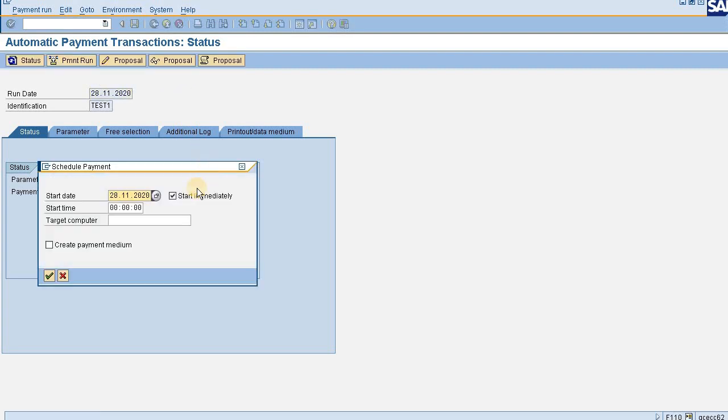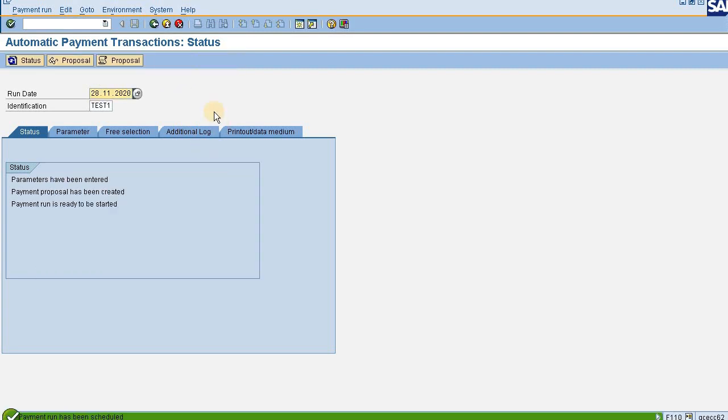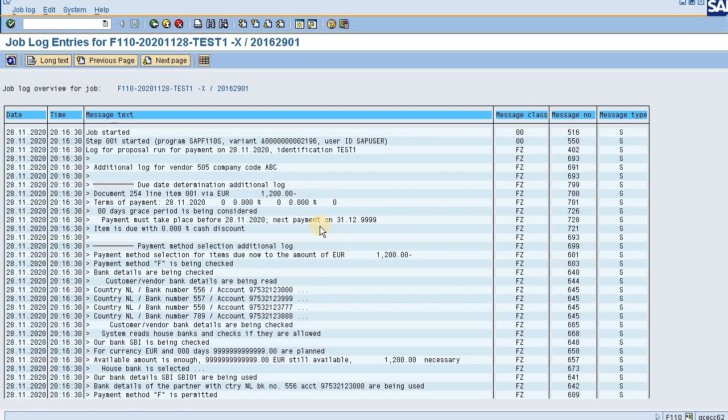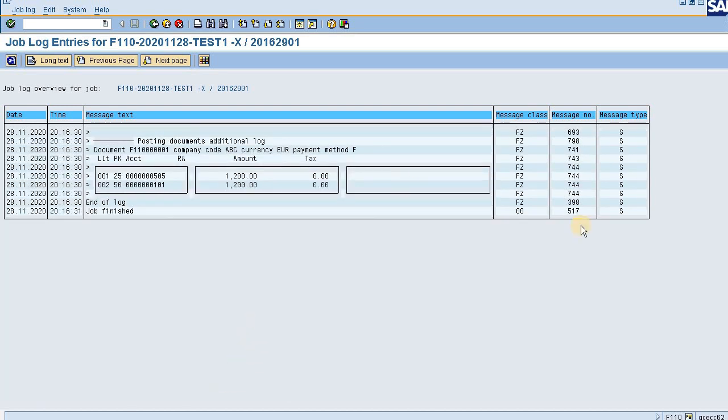But let me pay it first. It is paid. Let me check. Running payment is still running. Yes, it is paid. Now going to the proposal log once again. It is reading all the bank accounts, but while paying, it picks up the first bank account which it finds.